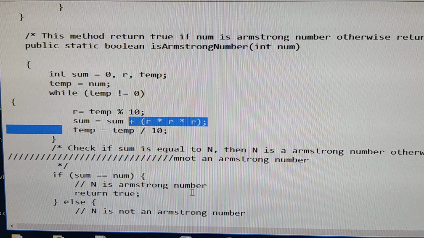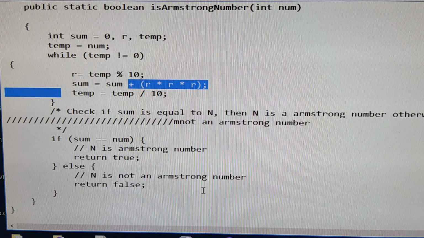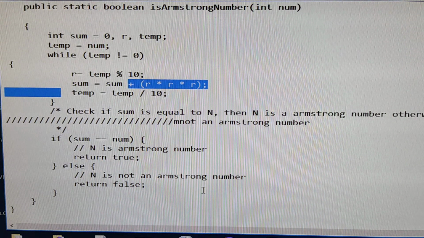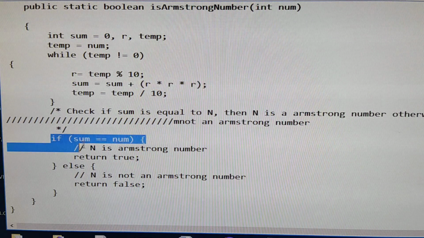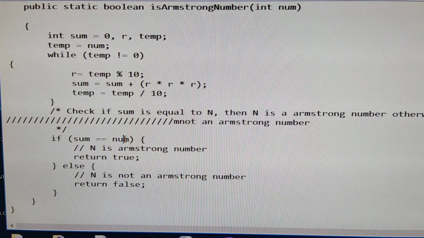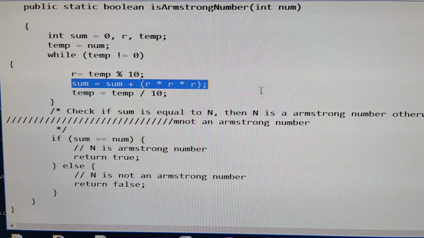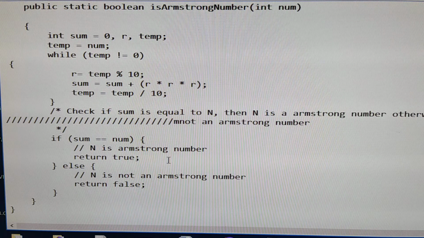If both are equal, that is an Armstrong number, else it is not an Armstrong number. So after calculating the sum of cubes of the given number, if both are equal, then that number is called an Armstrong number. So here the last condition we are writing for that only: if sum equals the number, both are equal, then it is called an Armstrong number.